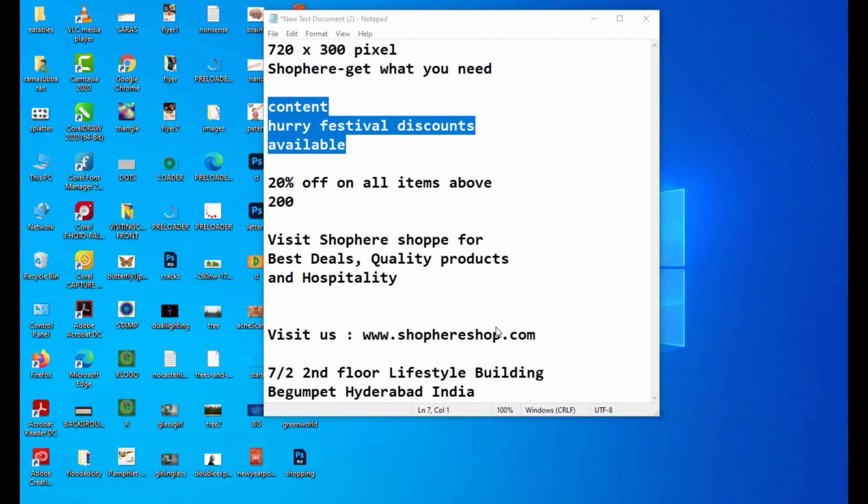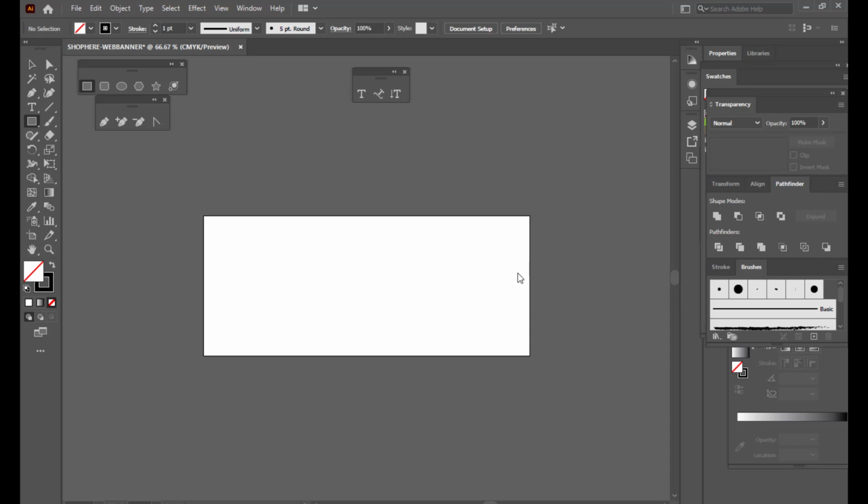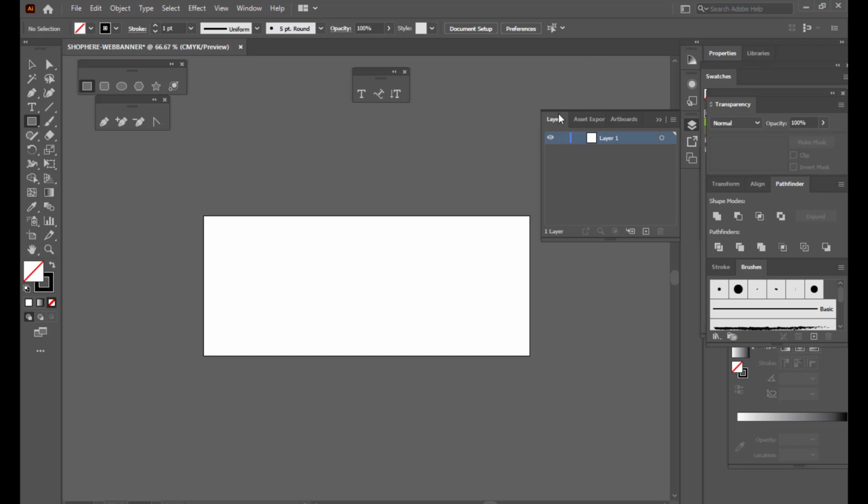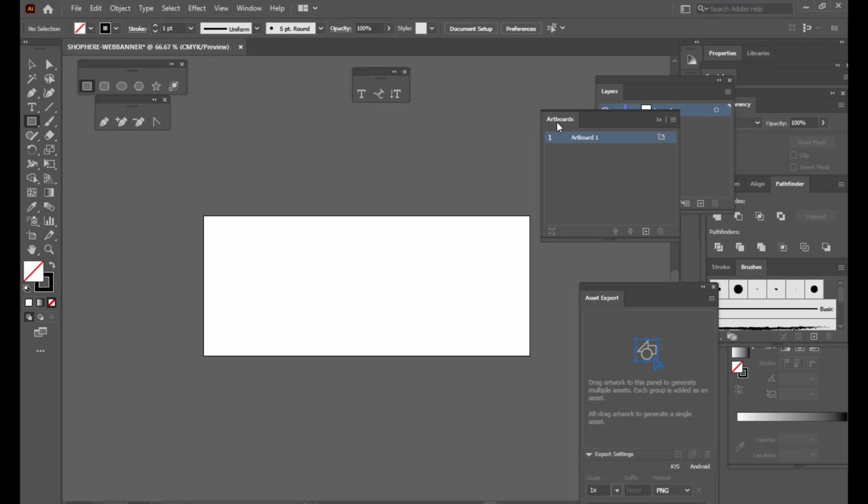Right. So now let us start designing our banner. The first thing we'll do is create a background for our banner. So just go to Windows and open layers. In the first layer we will be creating the background.